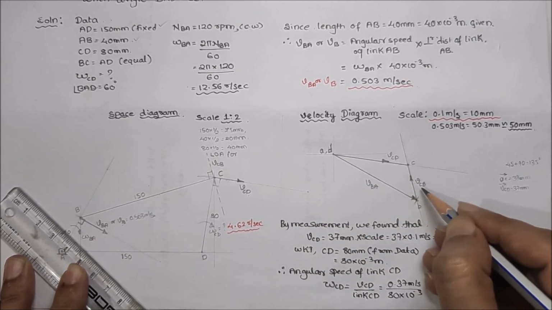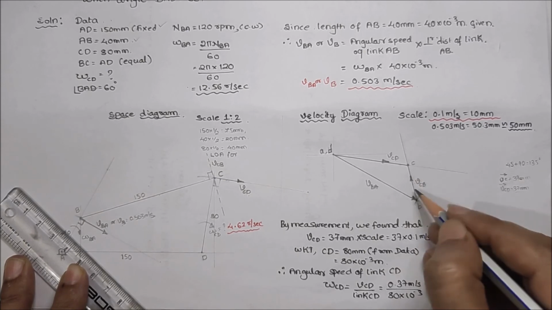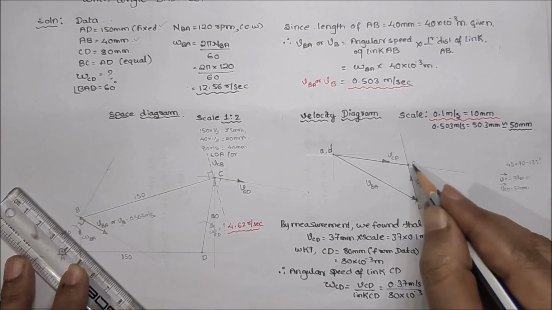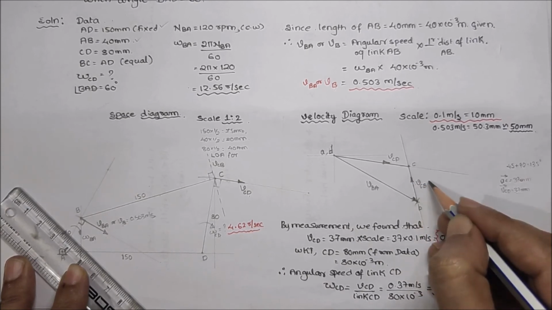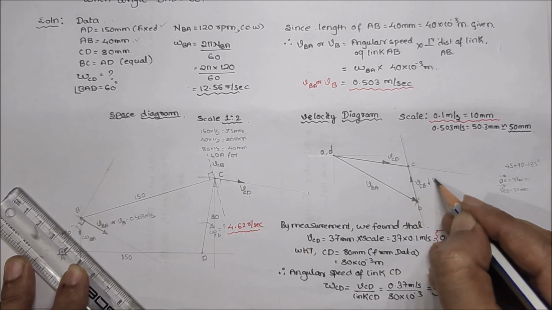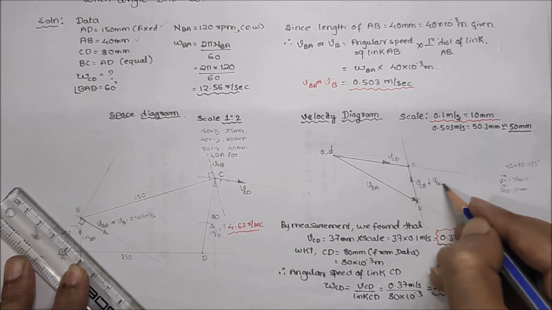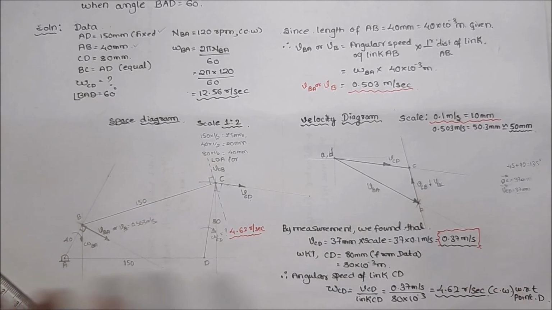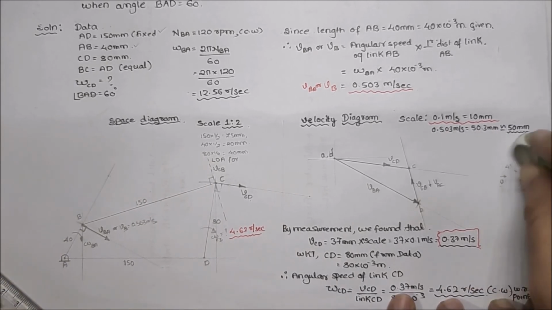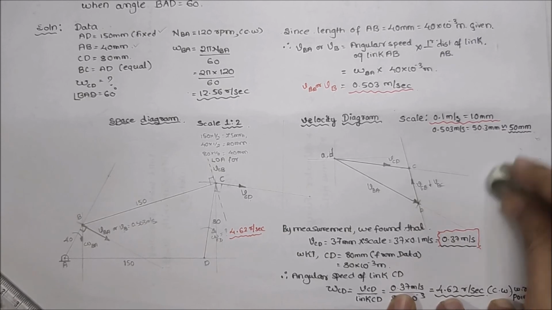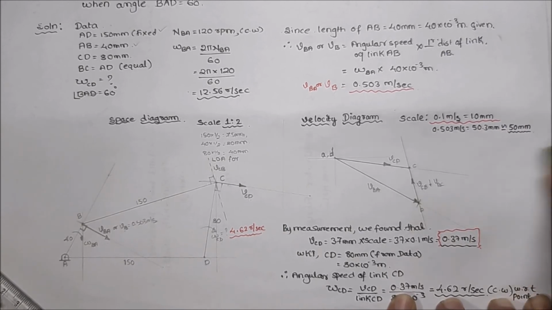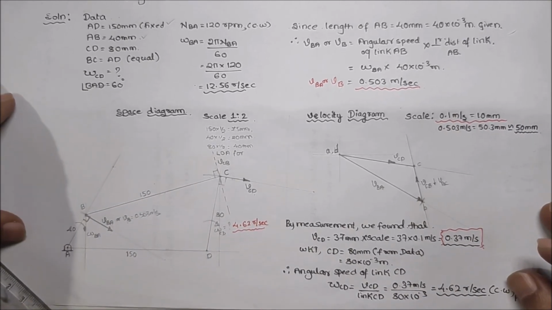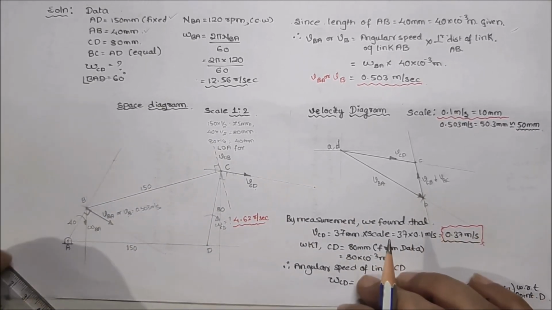If you are writing velocity in this direction, then you have to write velocity of C with respect to B. If you write it in down direction, you have to write here velocity of B with respect to C. Simple, nothing much complicated. So if you are having something unnecessary here, you can keep it, no problem. So this is what our problem is.